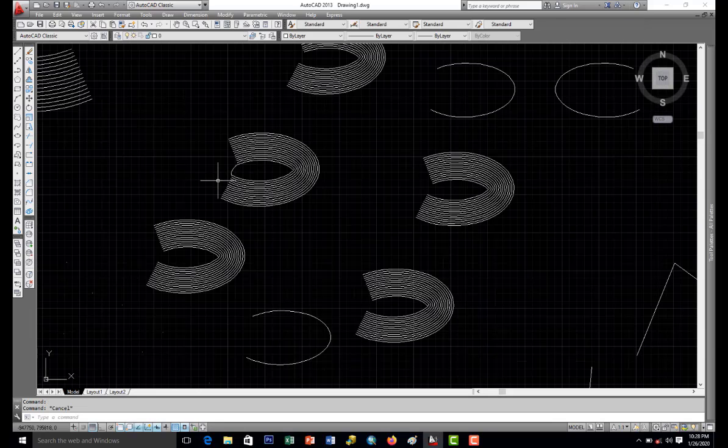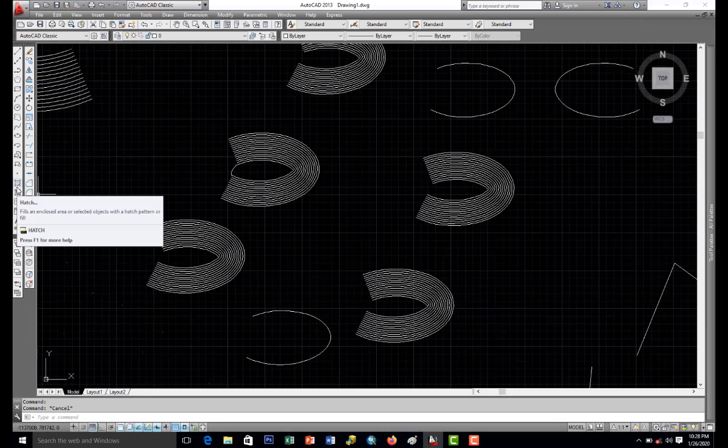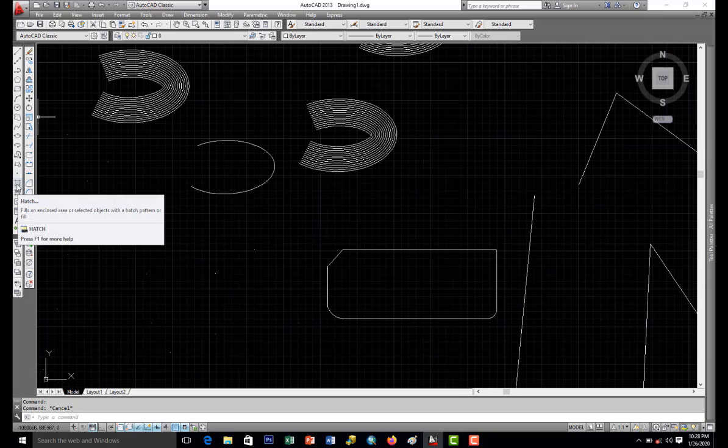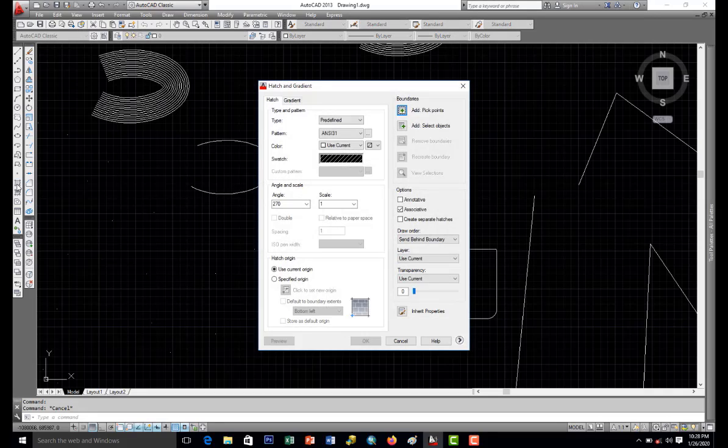Then I will now be going to how to use hatch. And hatch, this is the symbol of the hatch. Click on the hatch. Once you click on it, it will bring out a dialog. In the dialog, what you are seeing is a default setting. Then if you want to change